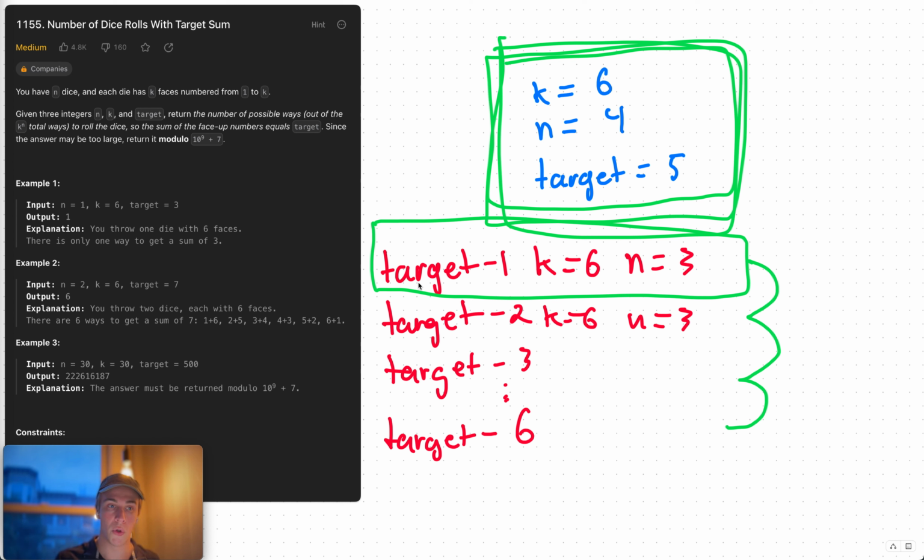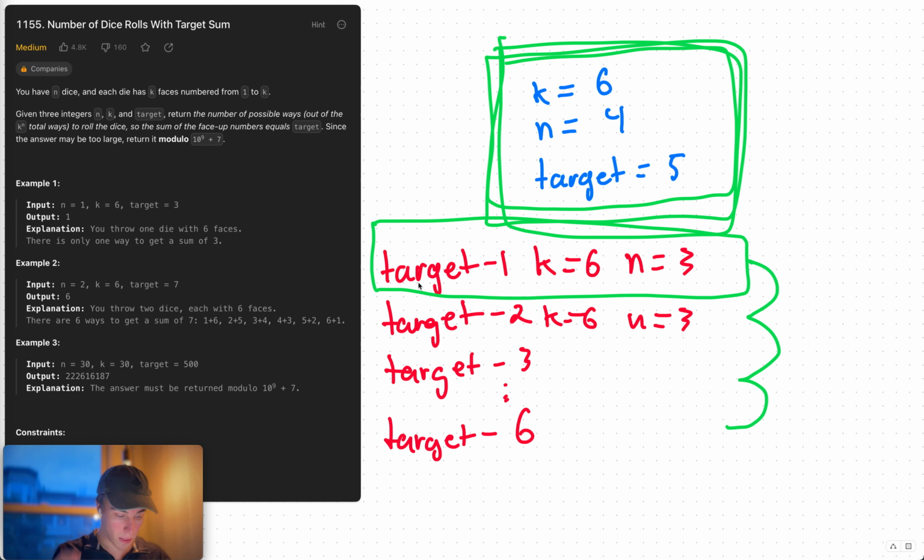So when we have 3 dice and a target of 4, that's going to equal some amount. When the 4th die is rolled and gets a 1, that amount is going to contribute to the total sum of getting the target 5